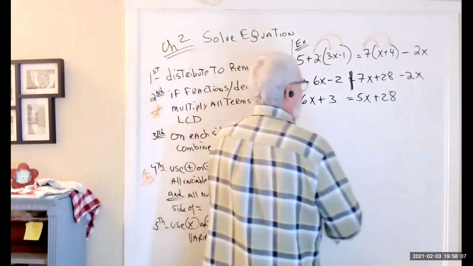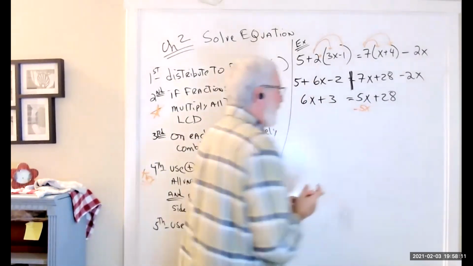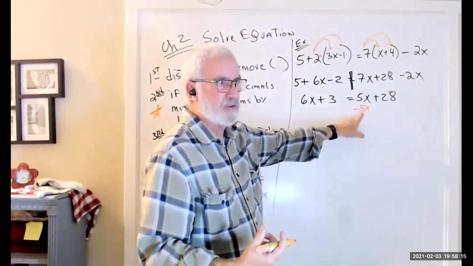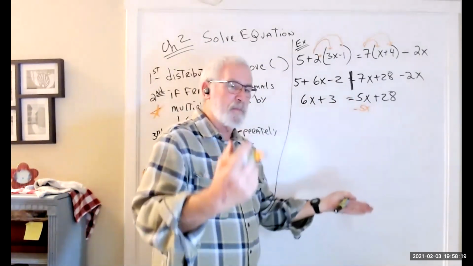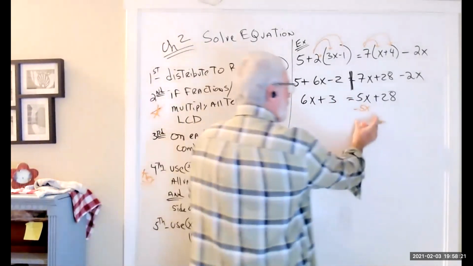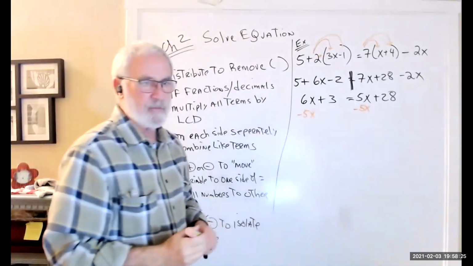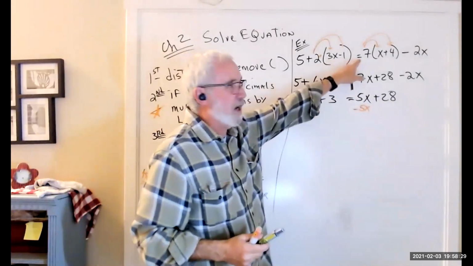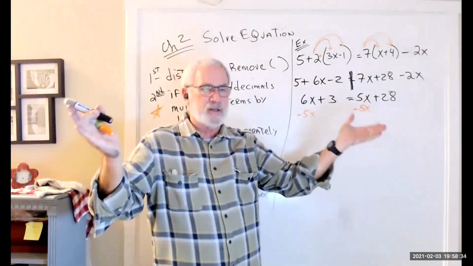The typical way that people write this is they say, I'm going to take 5x away from this side. I'm going to subtract 5x from the right side. But I always have to keep my equation balanced. So if I take 5x away from this side, I have to take 5x away from this side. An equation represents balance. That equal sign says these things are balanced and you can't do anything to disrupt that